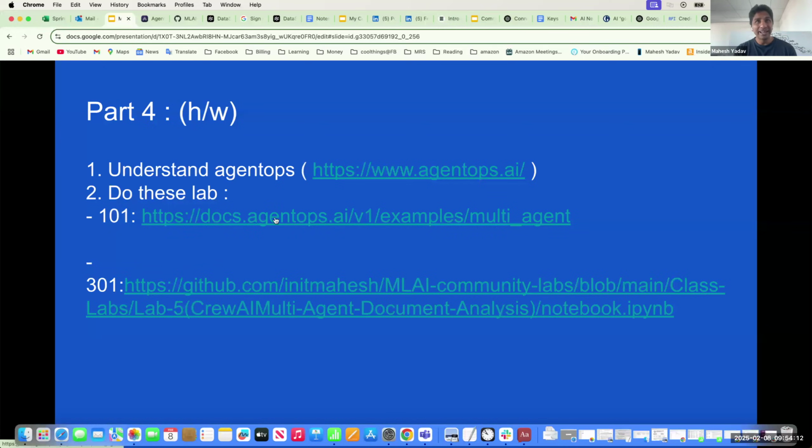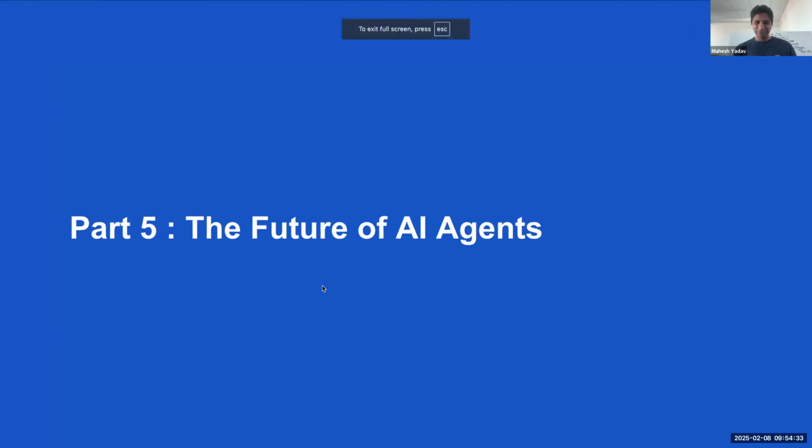If you want to do it, they have a simple lab here. And we have also put a lab here with multi-agents, and we have integrated AgentOps into Crew. This lab gives you a very clear idea of how it works. So next time when you're putting requirements, you have optimization and monitoring requirements also. I will take the questions after this, Pawan, if that's okay.